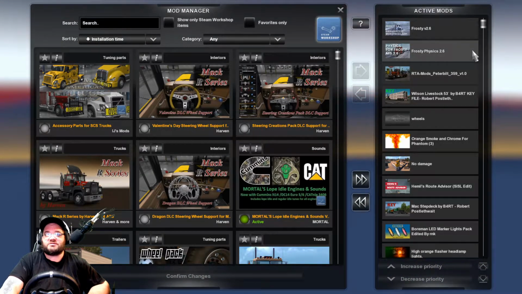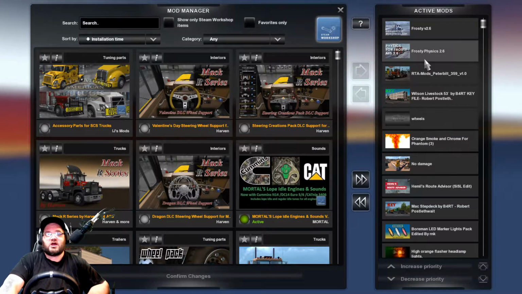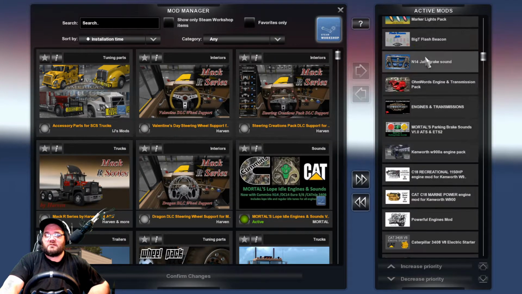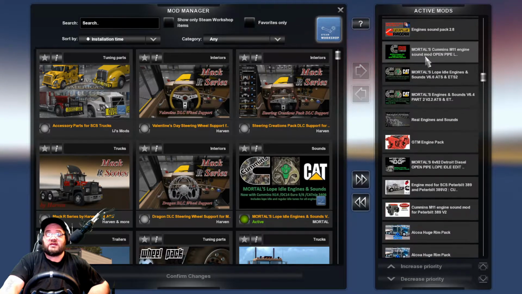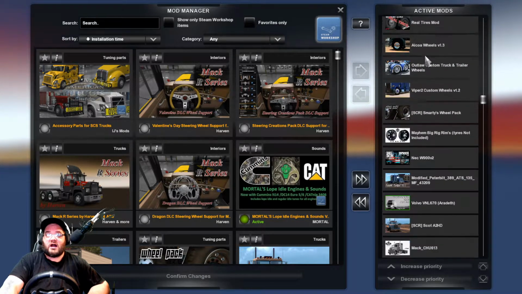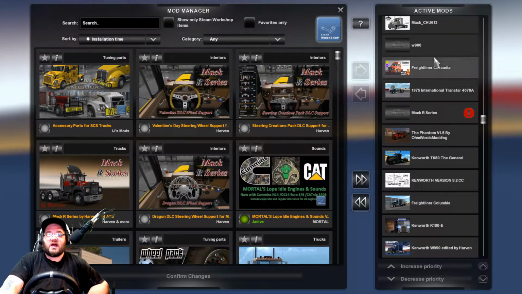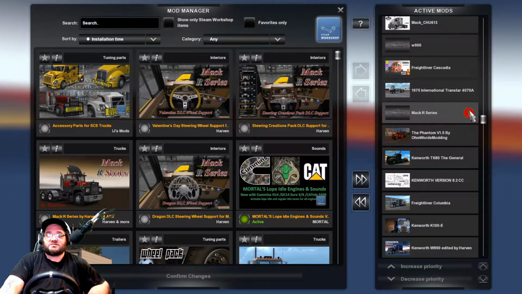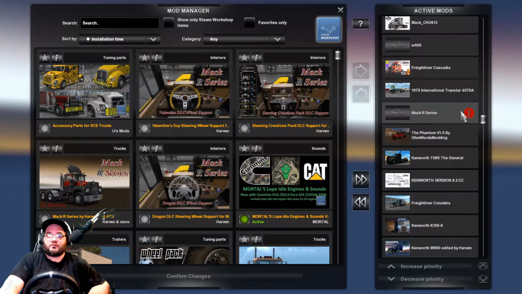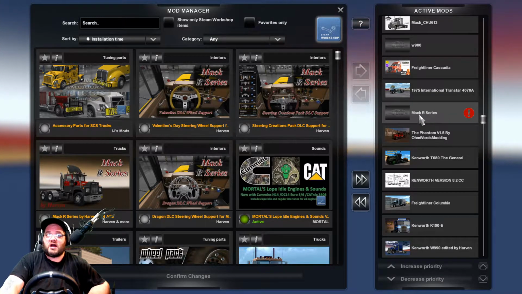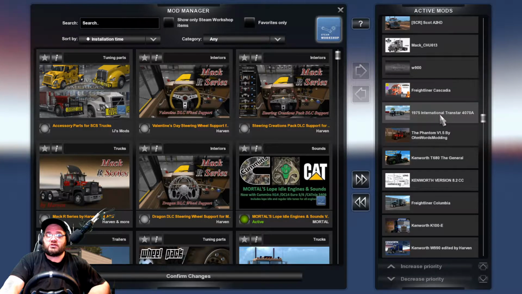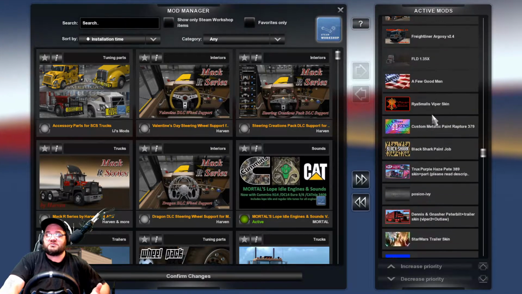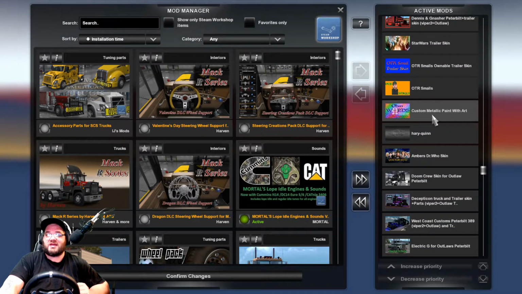And then over here, guys, is your active mods list. Now we're gonna go through this, and we're just gonna show you guys about how many mods I have active at any one time. And as you guys know, and here's the Mac R series. And this is perfect because I forgot to take this out. When you have this, it's going to be bad. If I were to run my game, this would have caused me issues. So what you do is you just double click on that and you take that out. You fix that up. But as you guys can see, I am running a lot of trucks,